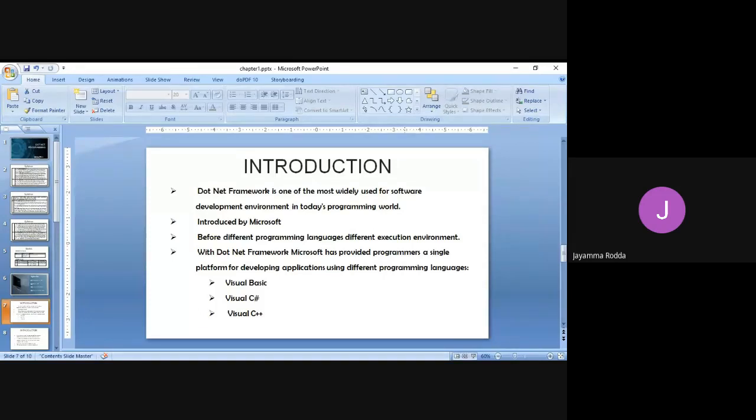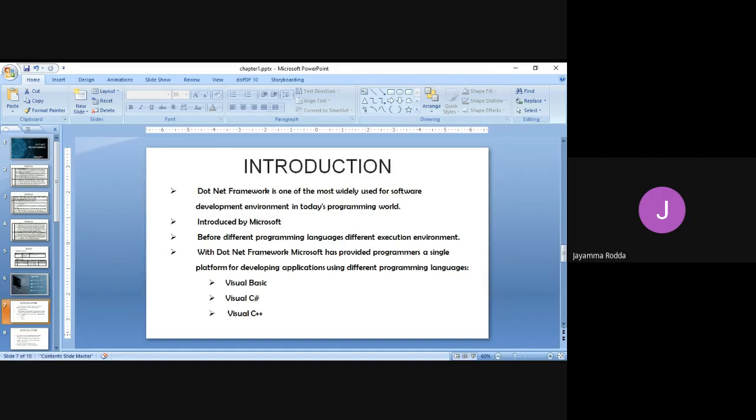Using the .NET framework, everything will be set, it will be available there. You have to make use of the available things, then you will become a programmer in .NET. That is the facility .NET has given to all of us. That is why it has become the most widely used software in today's programming world. .NET is the easiest framework that can be used to develop web applications, and normal desktop applications can also be published using .NET. You can make your projects using .NET.